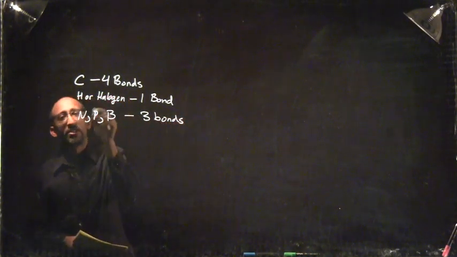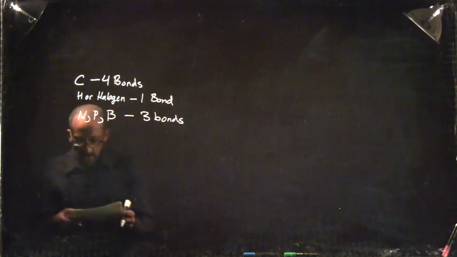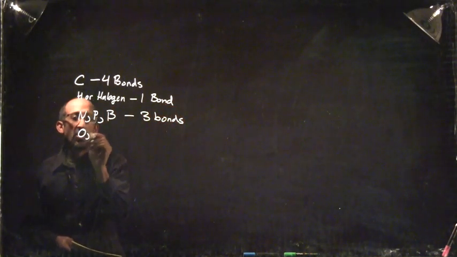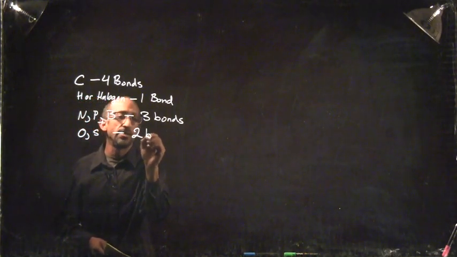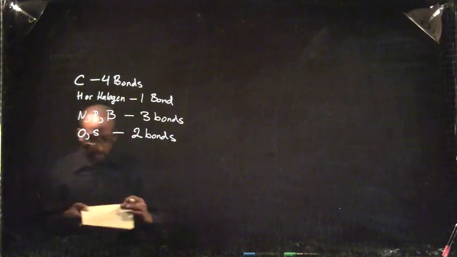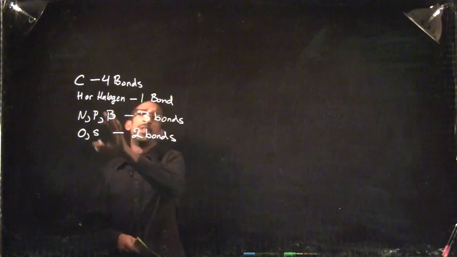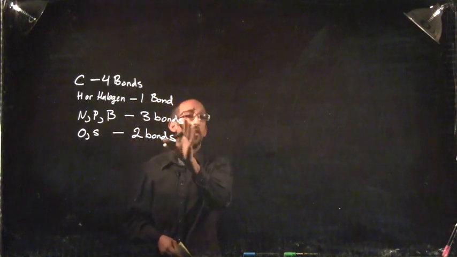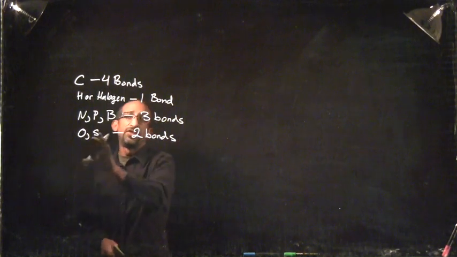Of course, we know that there are some special circumstances for phosphorus, but we're not going to get into that right now. For oxygen or sulfur, we are going to just use our standard 2 bonds. Okay, so these are the bonding rules we need to keep in mind. Carbon forms 4, hydrogen and halogens typically form 1, nitrogen, phosphorus, boron will form 3, and oxygen and sulfur will